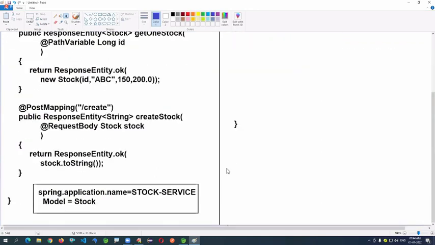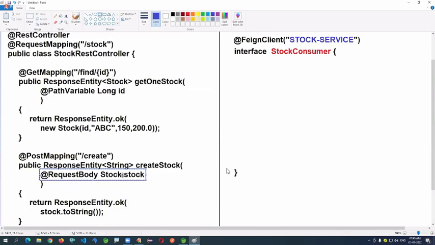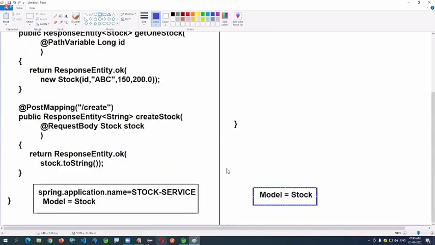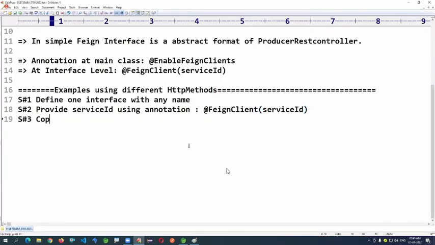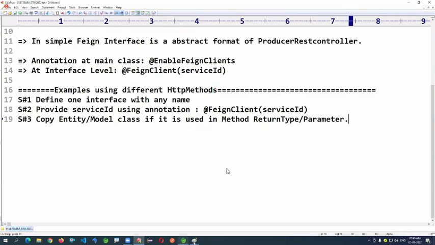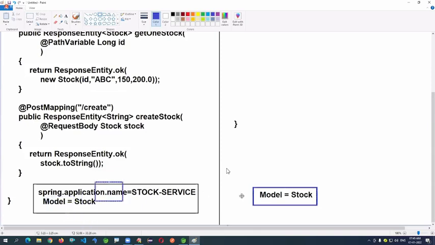And copy the entity or model class if you are using it in the return type or parameter. This entity class, copy and paste.